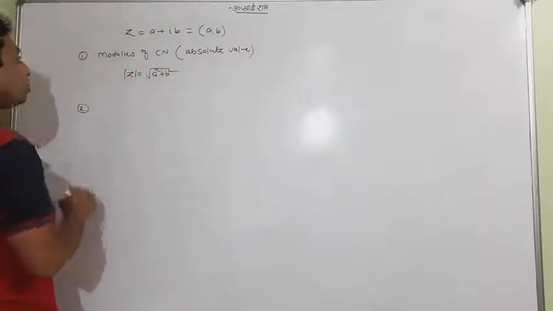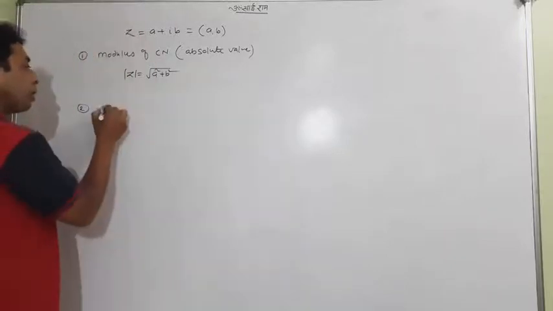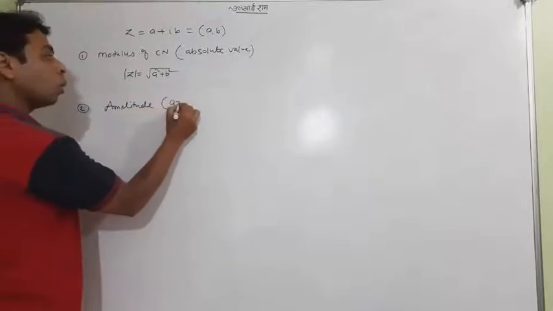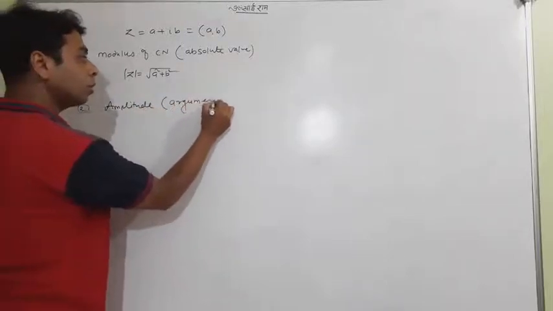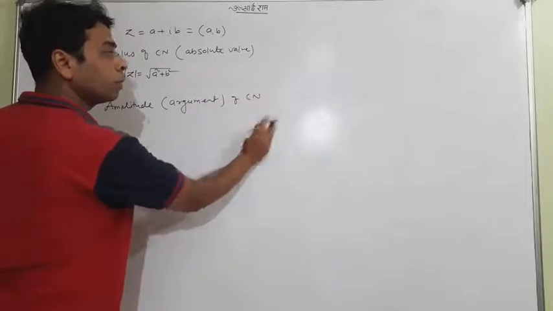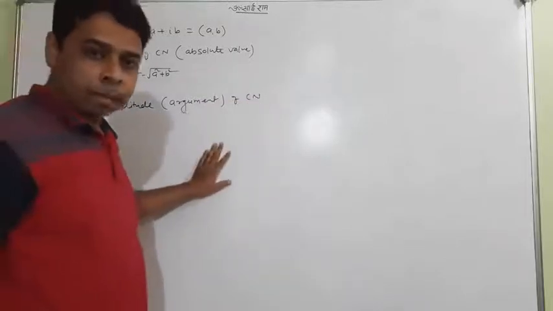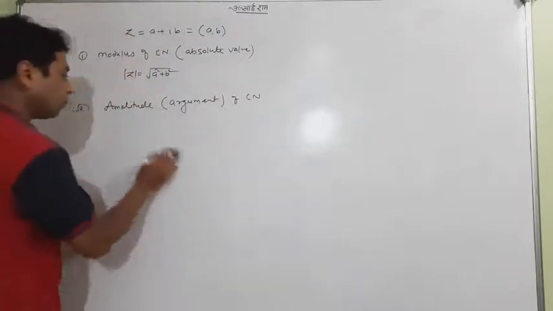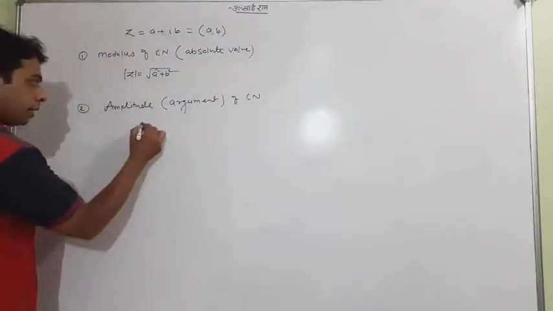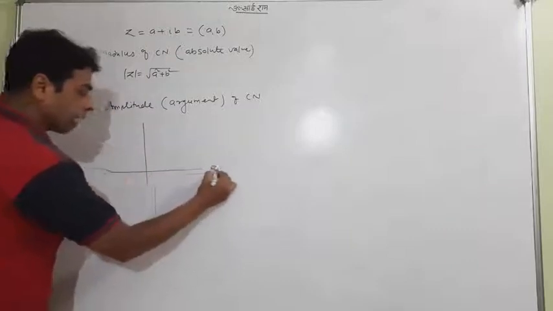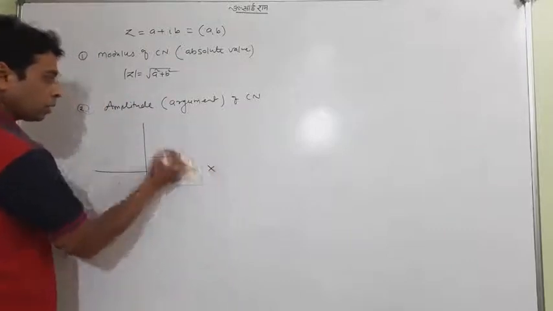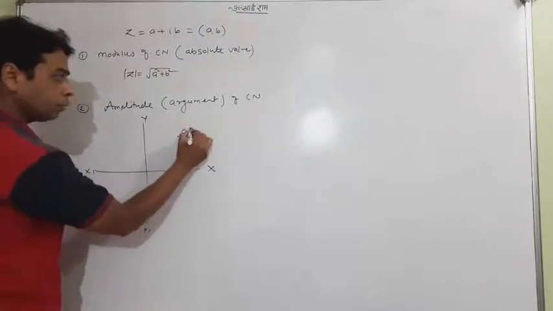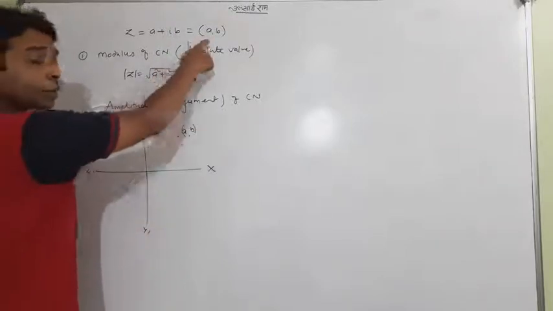Now the next thing I'm telling you, which is important, that is amplitude or argument of the complex number. That is a new idea. That is a new thing which I'm going to tell you. Look very sincerely, it's very important. Student, first I am making the x axis, x, y, x dash, y dash, and suppose your point is here, which is AB. You understand AB? AB.